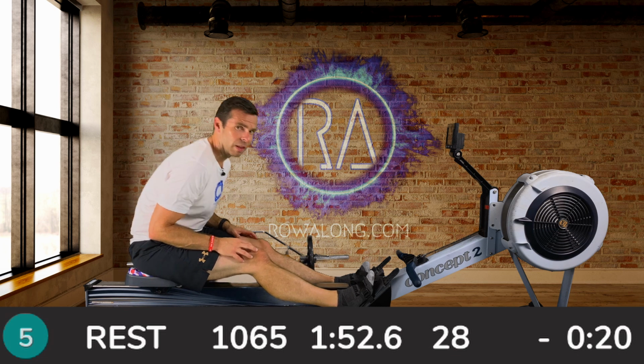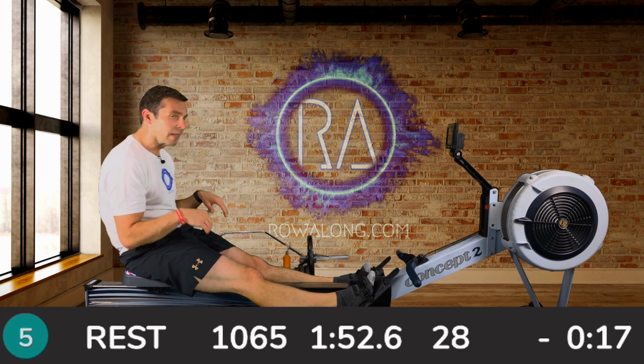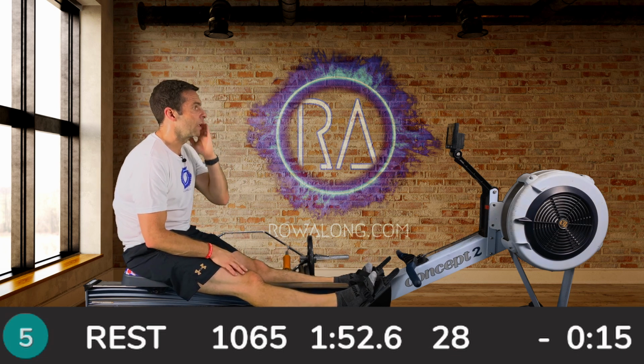I know I've got an overlean at the front. I know I've got a butt scoot. I know I kind of collapse my lower back. Just trying to fix it. Right, press the